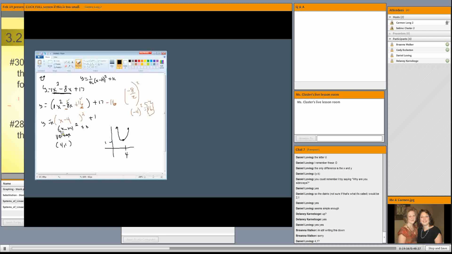Focus and the directrix. So remember, the part that's in front of that is 1 over 4c. So we know 1 over 4c. In this case, there's a 1 here. So if there's no number, you assume that there's a 1. That is 1/4. So you've got an ordered pair right here that's the focus that has a distance of 1/4, and you have a directrix right here that has a distance of 1/4. So this one's going to be y equals 3/4, because this